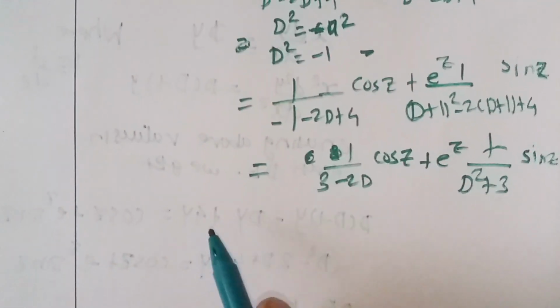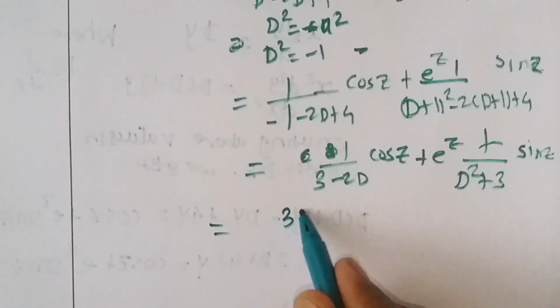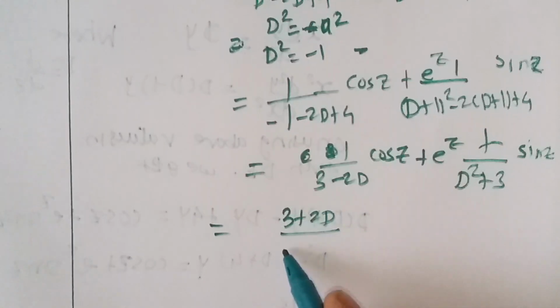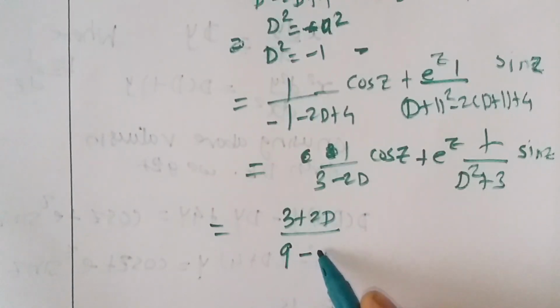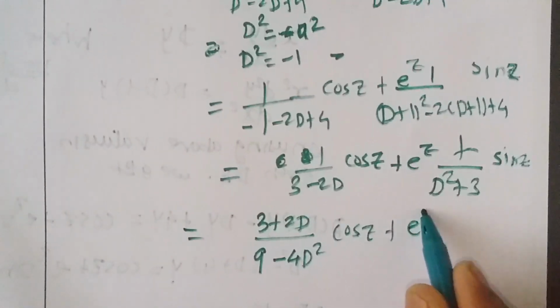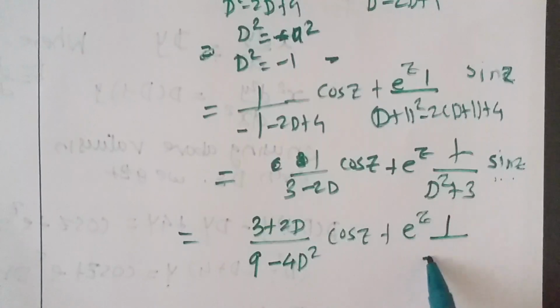Now here we have a linear factor, so in such a case we do the rationalization. After multiplying and dividing by 3 plus 2D, we will get here 9 minus 4D square, cos z plus e raised to z. Here also, method of sine, we will replace D square by minus 1 plus 3